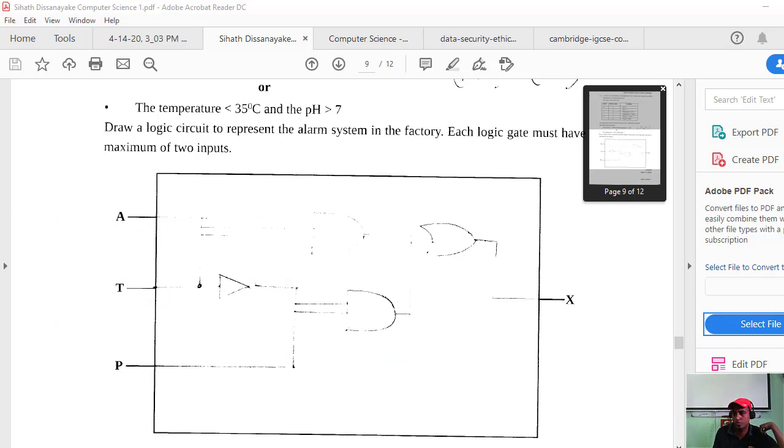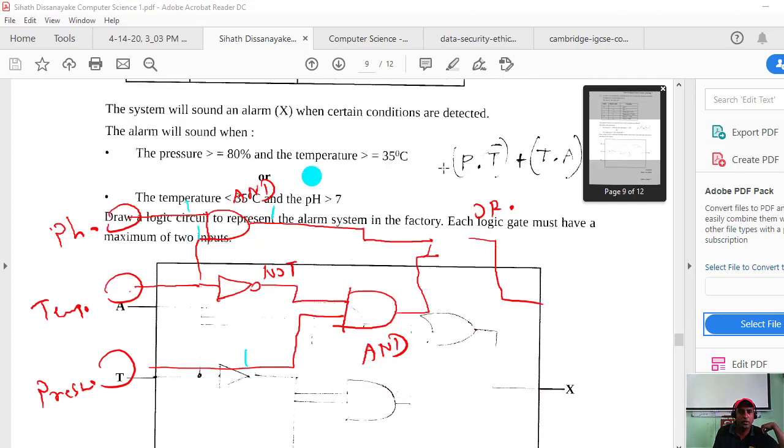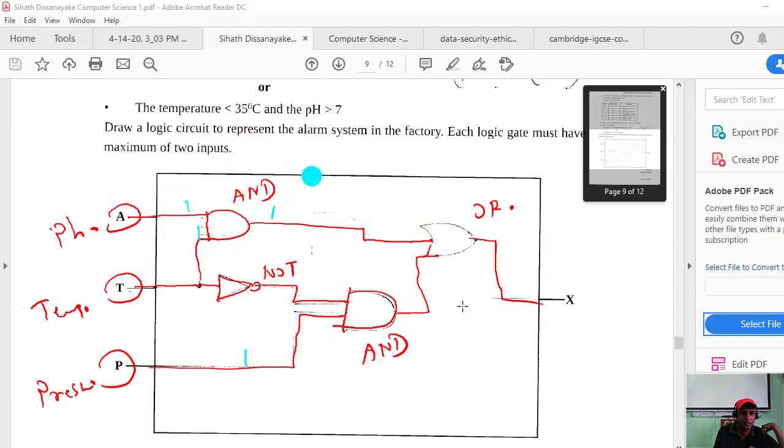Temperature greater than or equal to 35 means 0. That means temperature here, here 1, then here 0. Right. 1, 0.